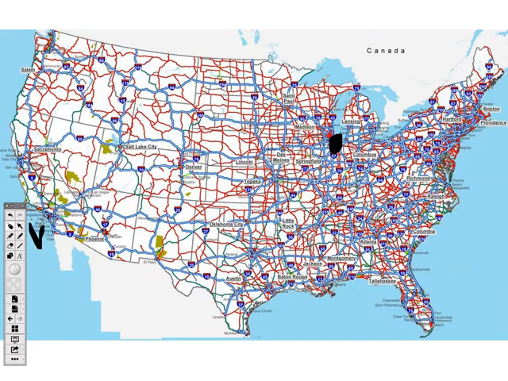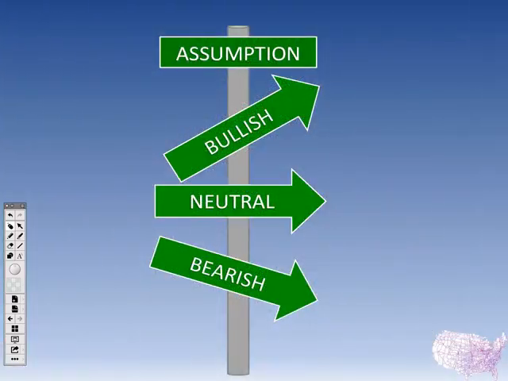We're going to go to Lyft. We're going to say this is Lyft. All right, so I have a bearish assumption. I'm not going to take the upward road. I'm going to head this way, I'm going to head south, right? So I've got my directional assumption. I have a bearish directional assumption. I'm thinking we are going to head south in order to get to Lyft, all right?